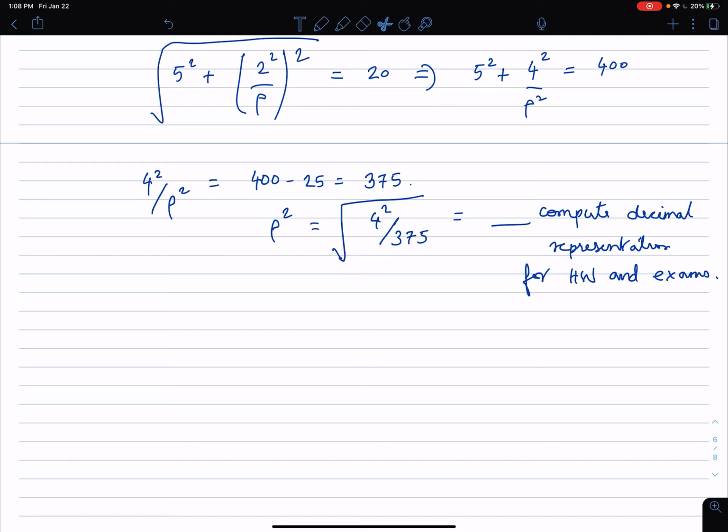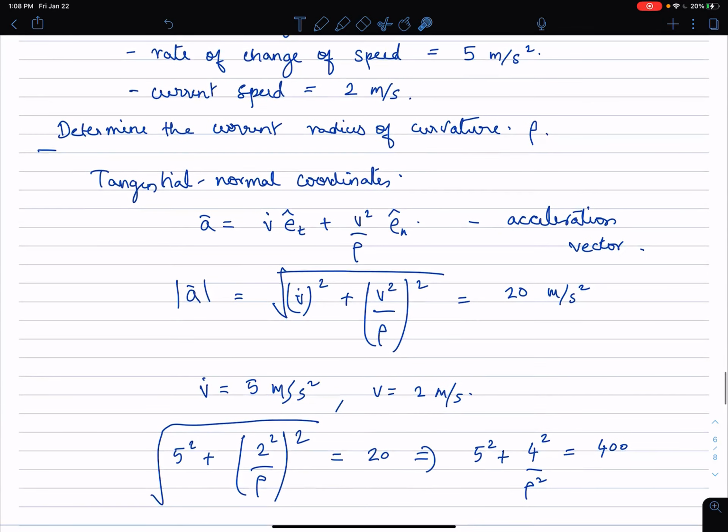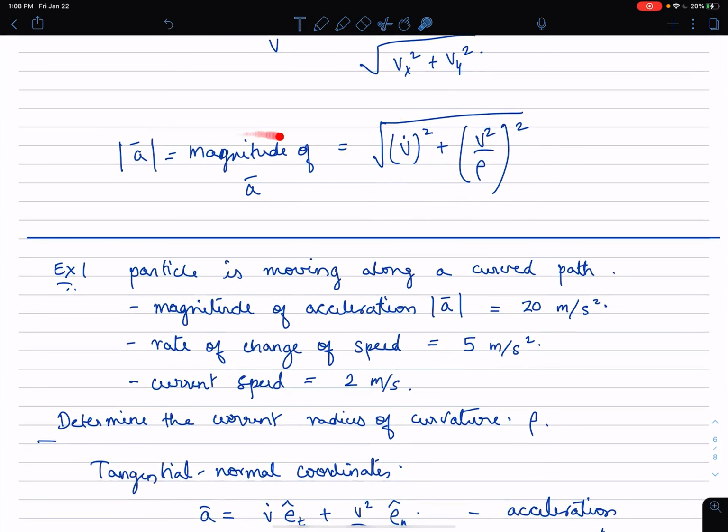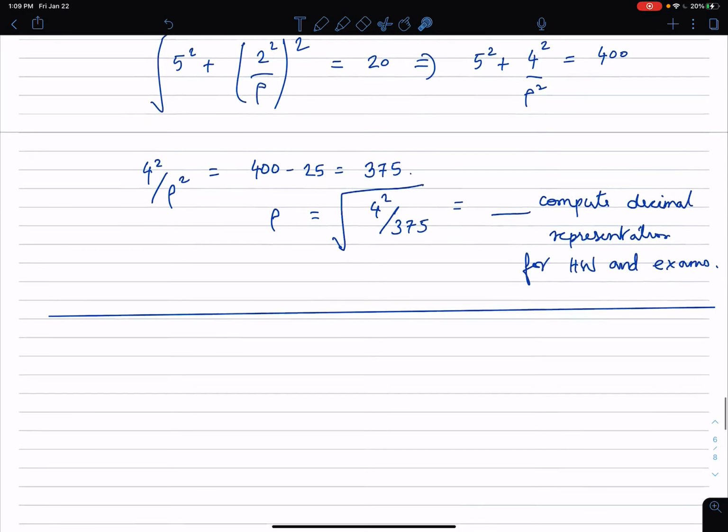So, anyway, I guess this is actually not rho square, but actually rho, because I've put a square root here. Okay, so that's the answer. For the purposes of this example, I'm not going to compute the decimal representation, but that's fine. So just to recap, we were essentially using an expression for the magnitude of acceleration, which has 4 quantities: this quantity, this quantity, this quantity, and this quantity. 3 of them were given. You were asked to find the 4th one, and I suppose you can do that by moving things around. So that could be one kind